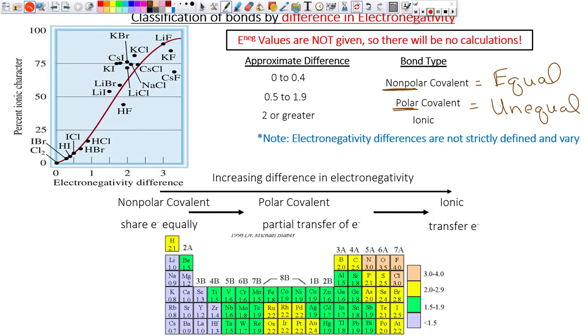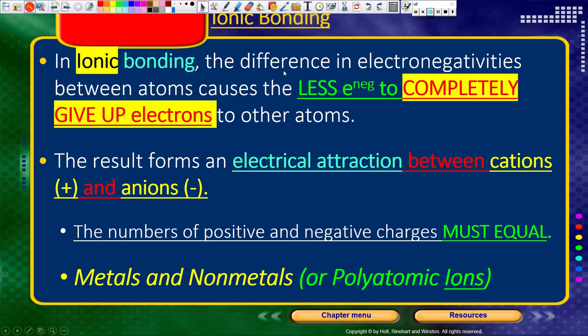Okay? All right? Now, this is what we've already talked about, but I'm putting it in words. In ionic bonding, the differences in electronegativities between atoms causes the less electronegative element... So here's what I want you to do. The one that's less electronegative in an ionic bond is typically the metal. So if it's the metal, what side of the stair-step line is it on? Left. If you want to write that in, that's cool. So it's left of the SS.